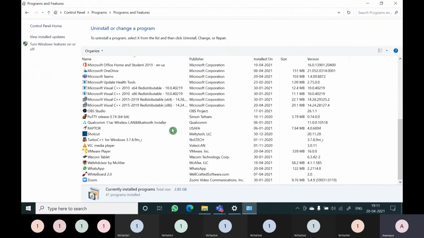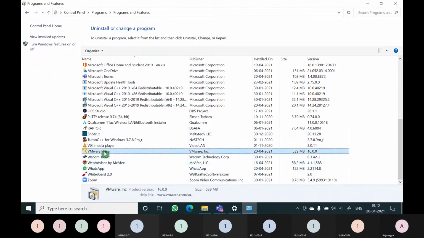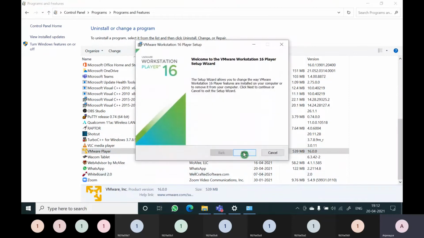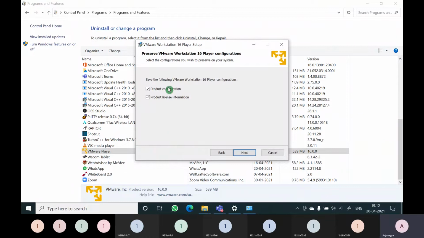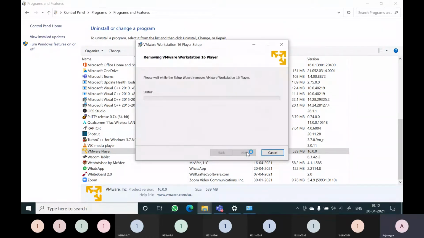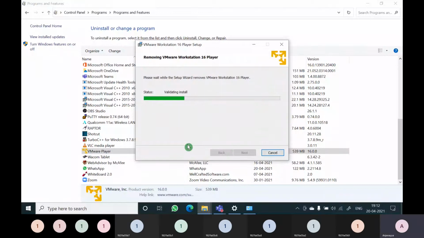So VMware. I have installed VM Player, and I will install VM Player again. What I will do is uninstall this one. Remove this VMware. I am uninstalling the VM Player from my system.